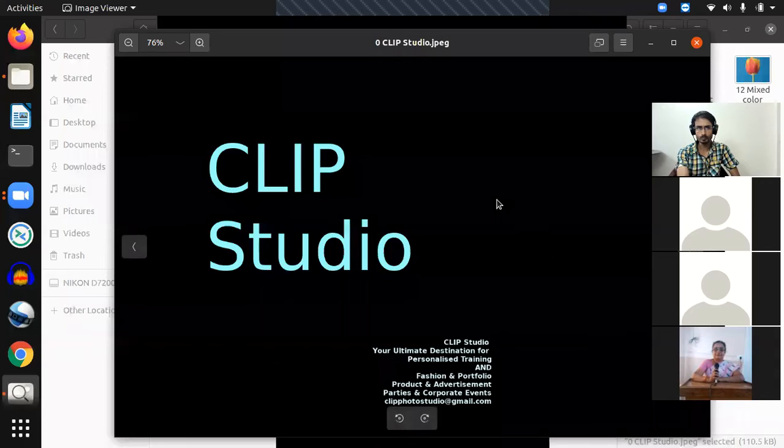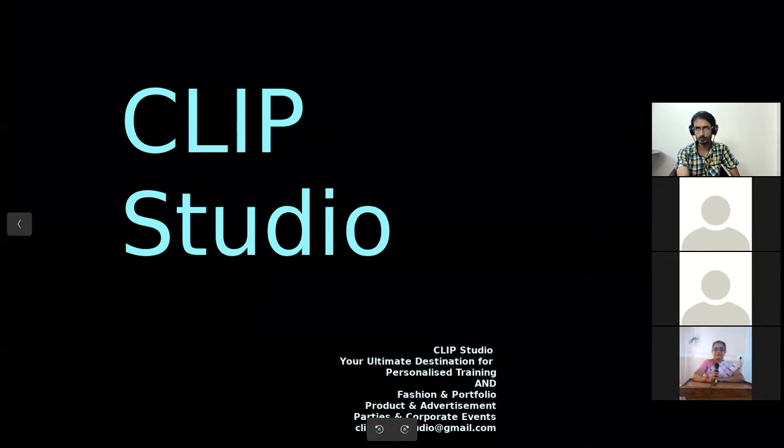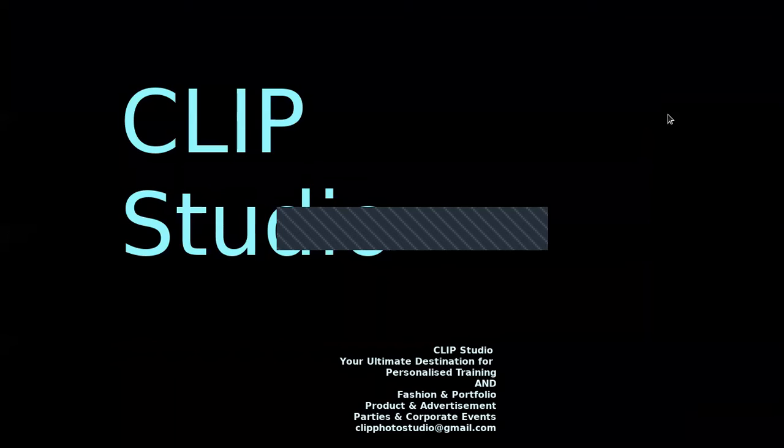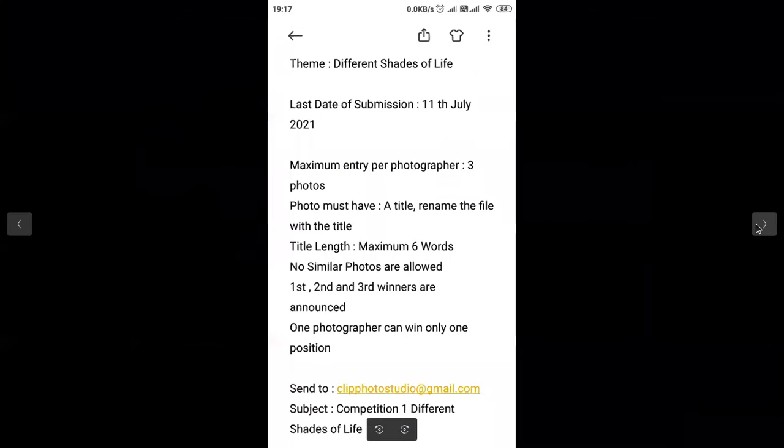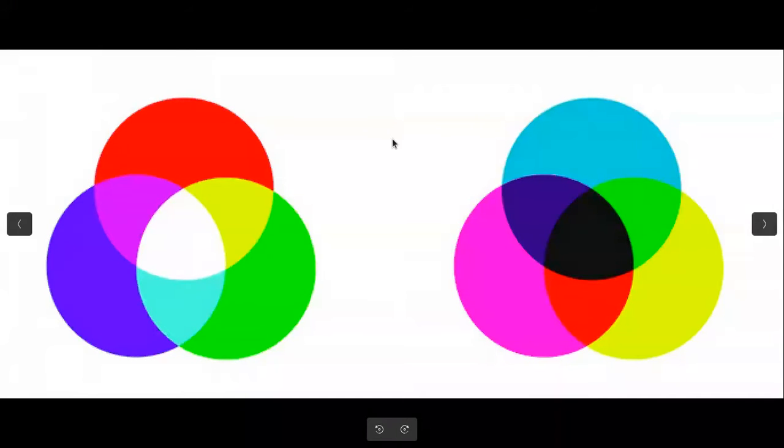So for that, I will be sharing my screen. So the first one is an example of additive generation of color, and it is also the method called RGB, red, green and blue.